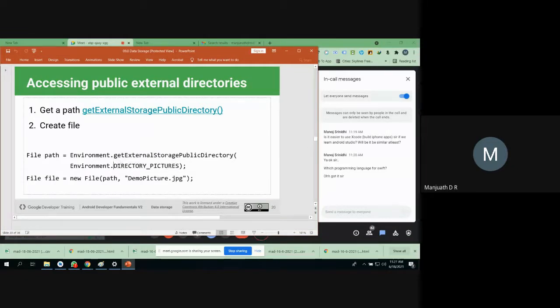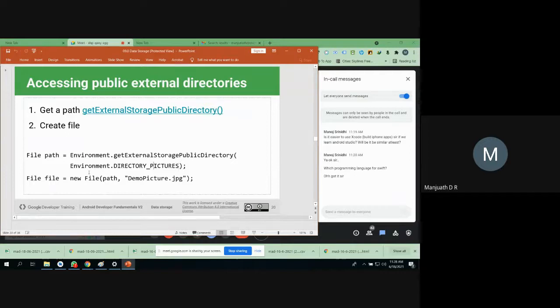You don't specify the location directly, because we don't know which directory it may be in, right? So for addressing the directory information in external storage, we always have constants already given, as parameters of this Environment class. Suppose I specify DIRECTORY_DOCUMENTS, then my location is the documents location.